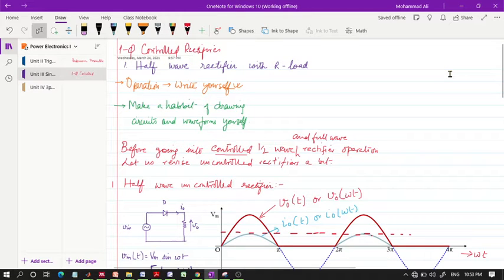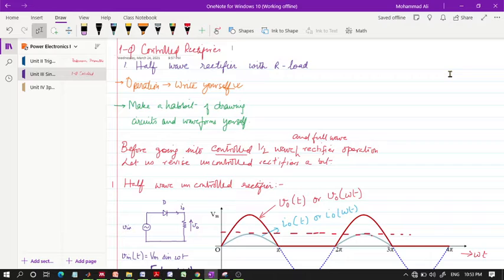Hello dear students, so let's continue with our discussion on single phase control rectifiers. Earlier we saw certain parameters that are related to power electronic circuit waveforms, and now let's begin with the rectification process. In your course we are going to do controlled rectification, or we can say that we are going to use thyristors instead of diodes.